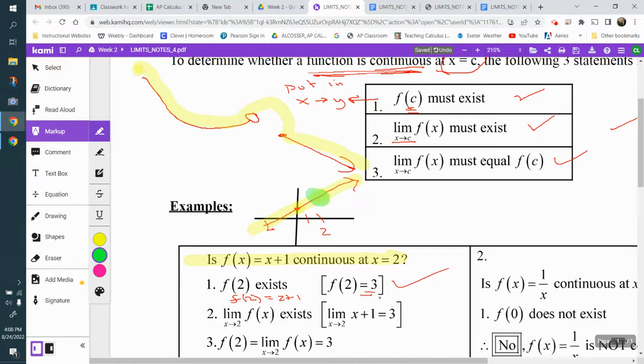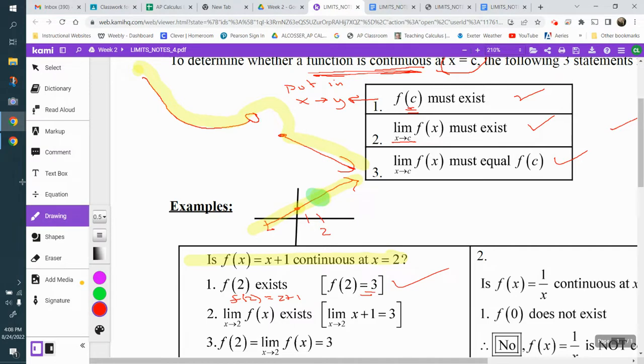Well, you look at it and go, yeah, it does. It approaches that. But remember, you have to prove these things algebraically. So we're going to go, okay, well, the limit as x approaches 2 of f of x, which is the limit as x approaches 2